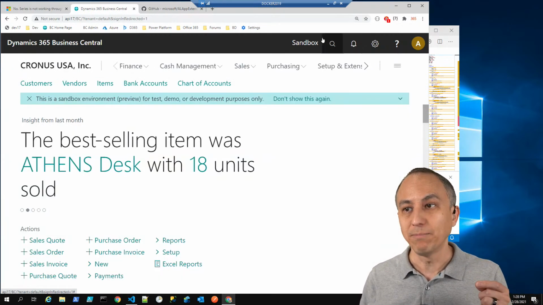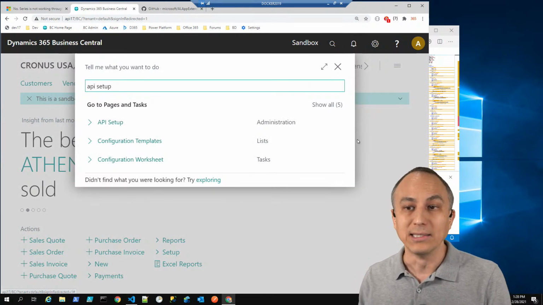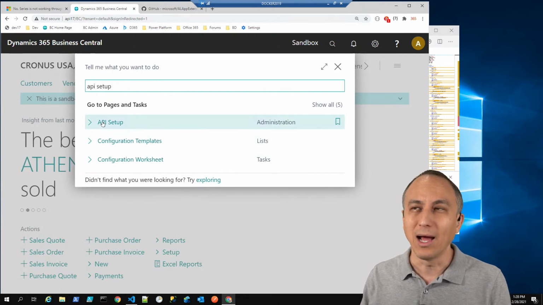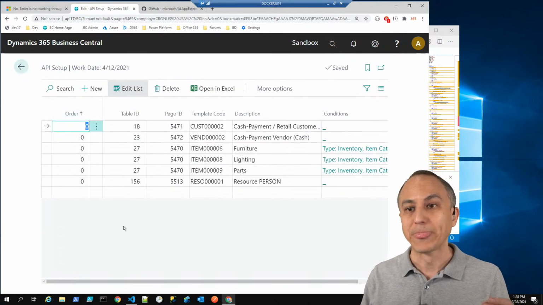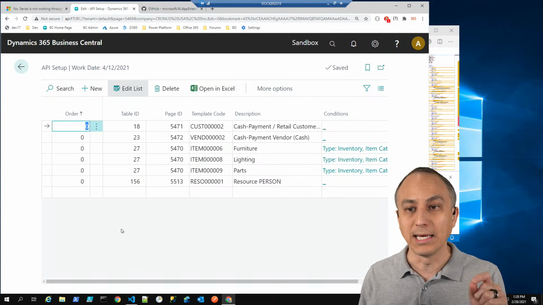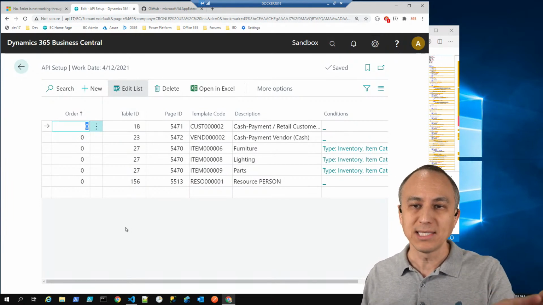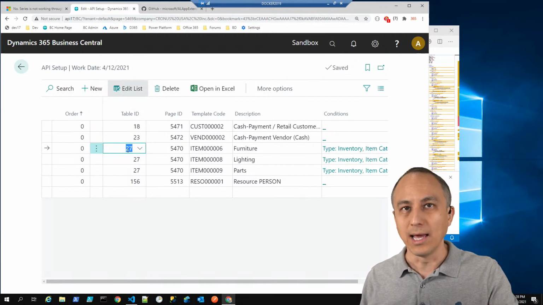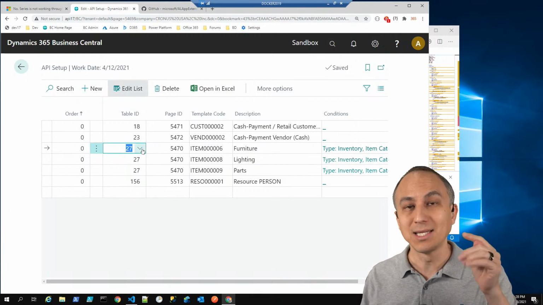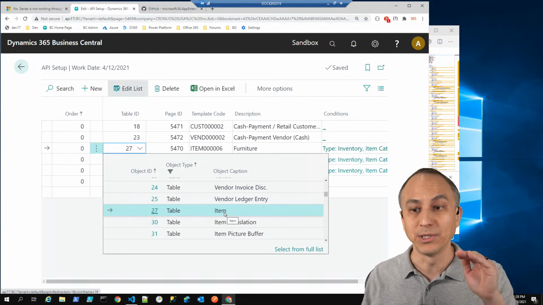Now the third step in this setup process was going into API setup. This is another window I think I had heard of, but I never actually looked at it and figured out how it works. So I think this is pretty unique and very interesting. This is saying, hey, Business Central APIs, when you receive a record that relates to this table, in this case I chose the item table, table number 27,